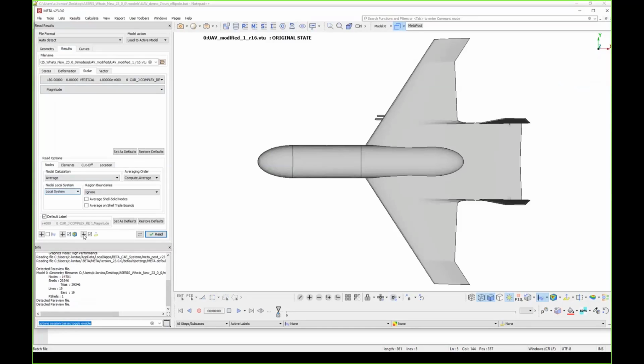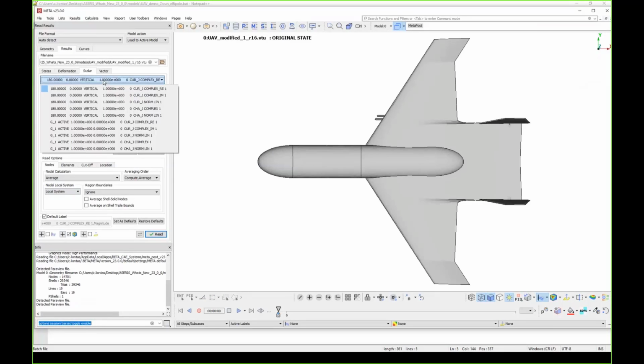Let's load only the scalar results. So here we have a list of all the excitations. Here you can see that these are the plane waves. This is the plane wave, and this is the G1 port, which means this is the antenna. So if I load one of these, this will be the fields that have been excited by the plane wave. The G1 fields will be the fields that have been excited by the antenna.